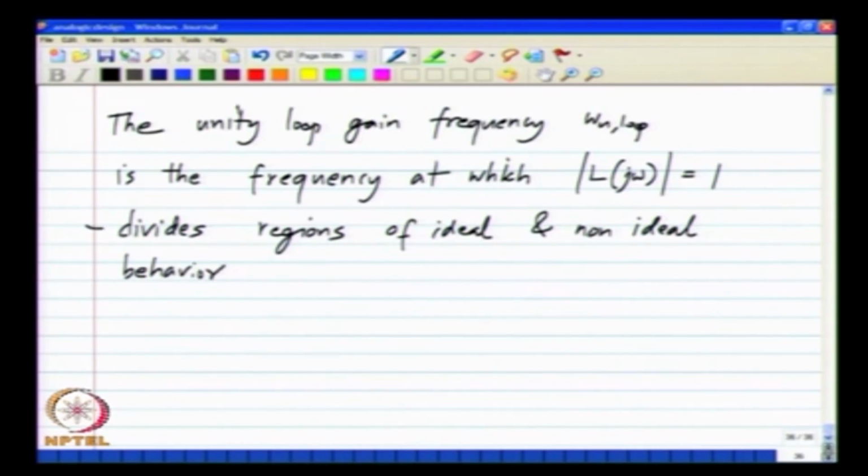This is simply because it divides regions where there is strong feedback from regions where there is no feedback or weak feedback,